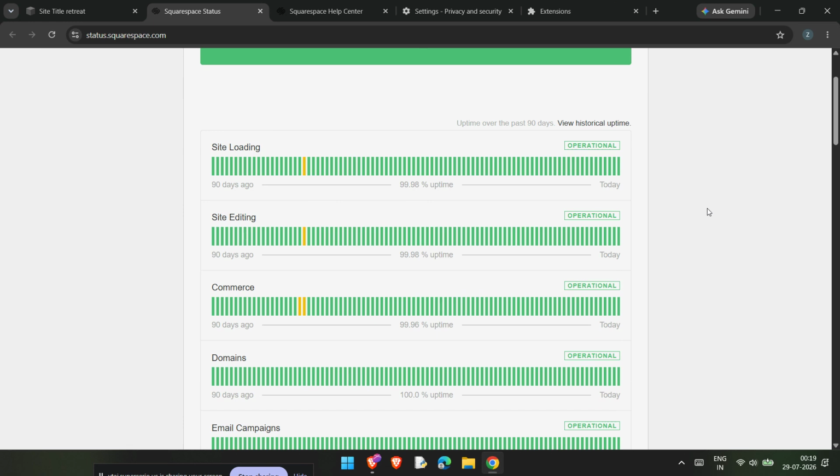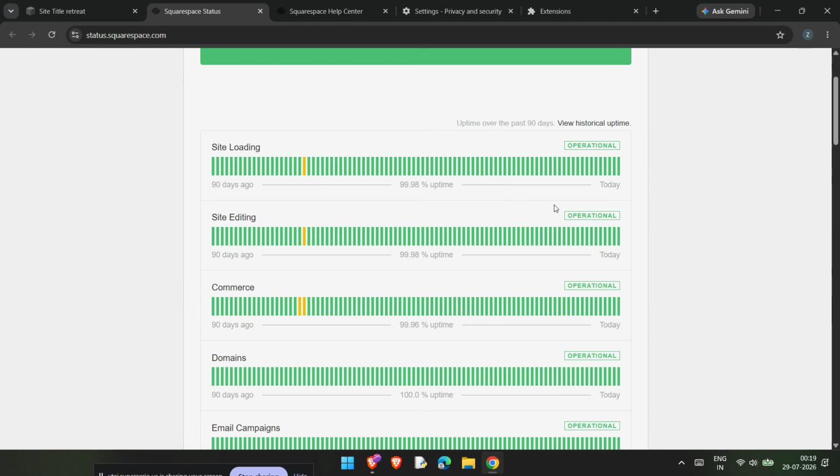If you see a red banner, or if the page clearly shows an ongoing internal server error or cluster degradation, that usually means Squarespace engineering teams are already working on a backend fix. In that case, there may be nothing wrong with your site specifically, and your data should restore automatically once the issue is resolved. So if the status page shows a problem, the best move is often to wait and check back later. Now, if the status page does not show a major outage, the next step is to run an